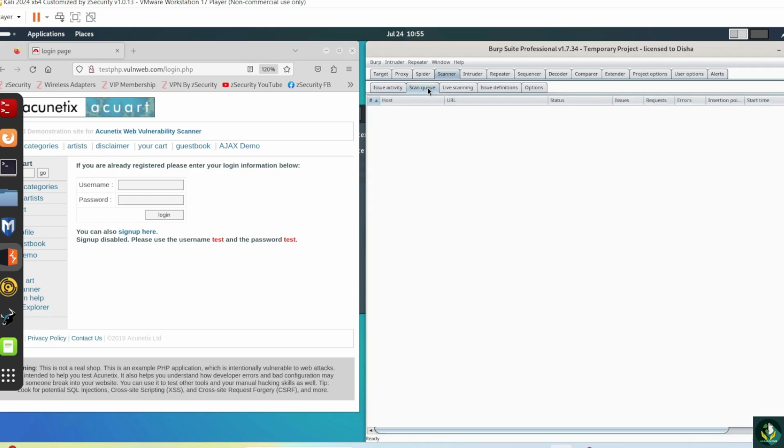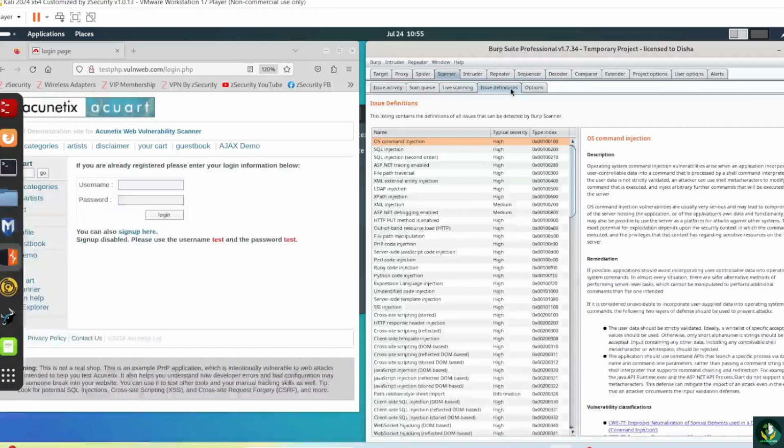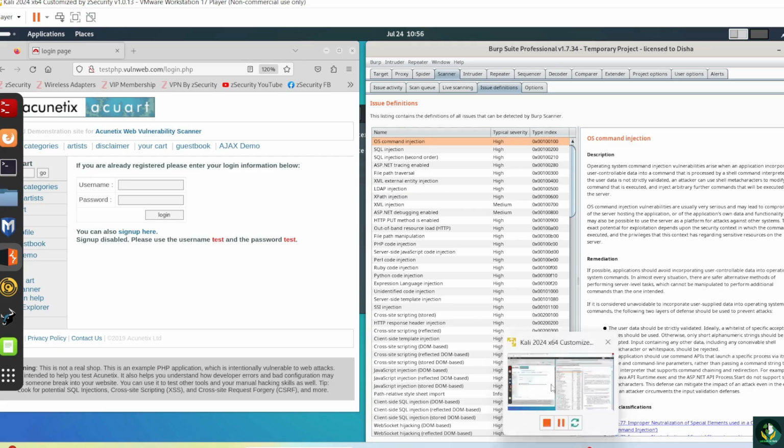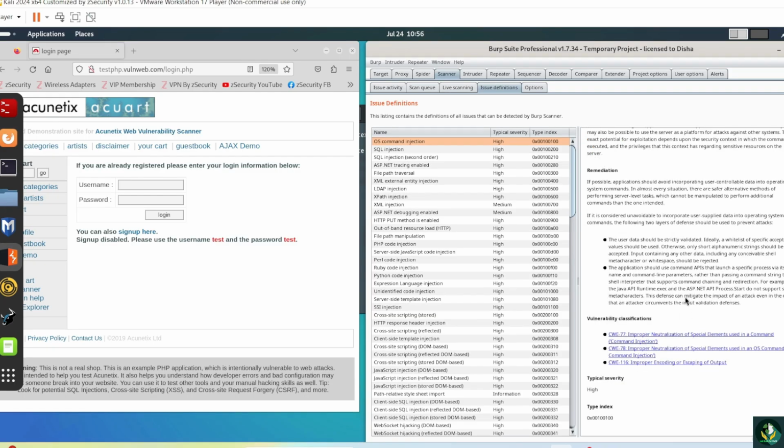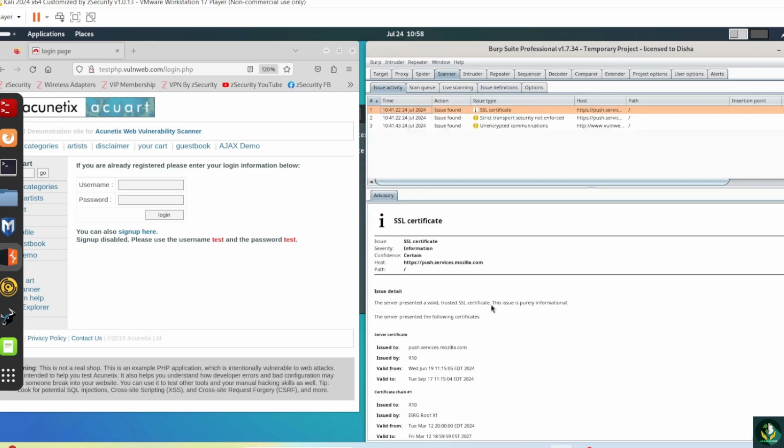So this is the scan queue. I didn't form any queue. These are the issue definitions, meaning all the issues and their definitions and remedies are provided here. You can read it. Here you can see what is OS command injection, description, remedy, what are its classifications. You can see everything here. You can read from here. If I come back here,